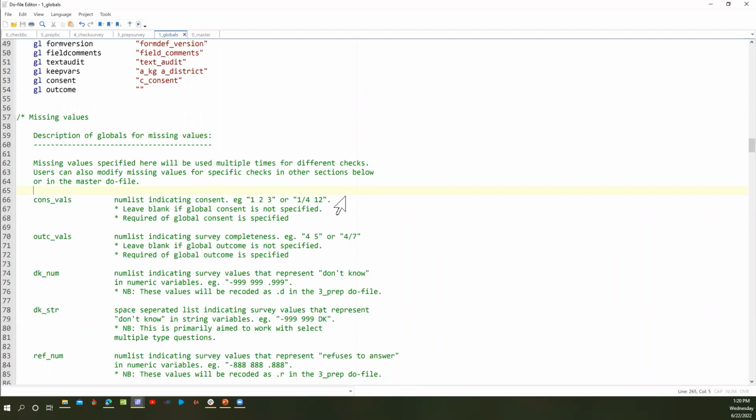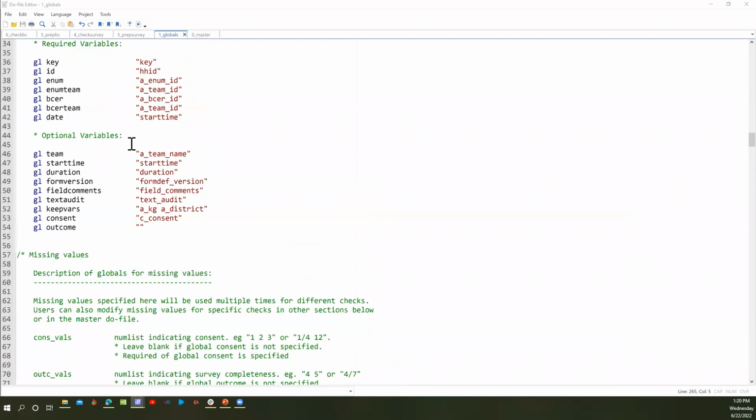So there is a comment for each of the globals. Once you're going through it, just immediately above the globals, you would see a comment block that has a description of the global. All right, great. Any other question?